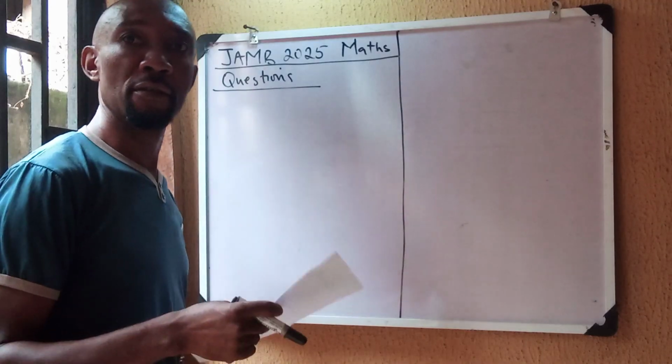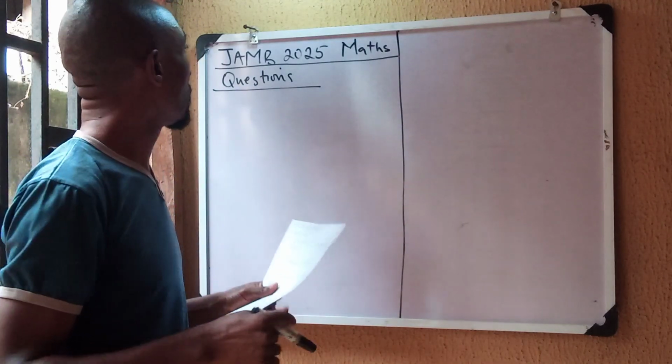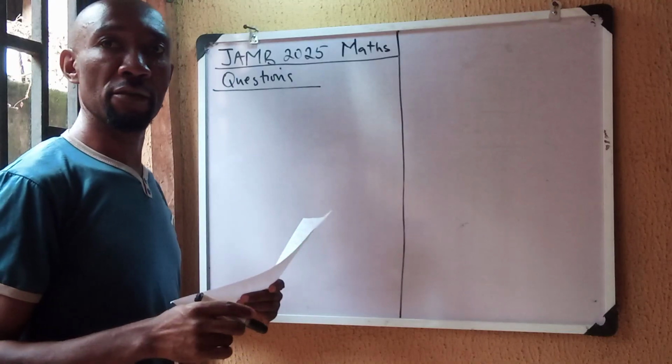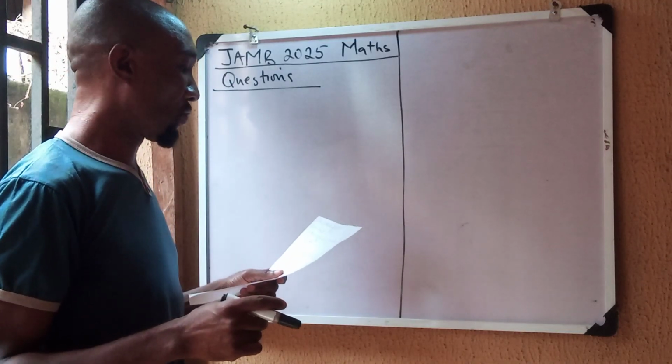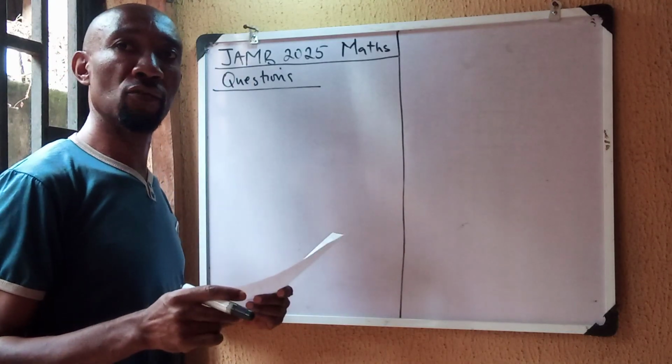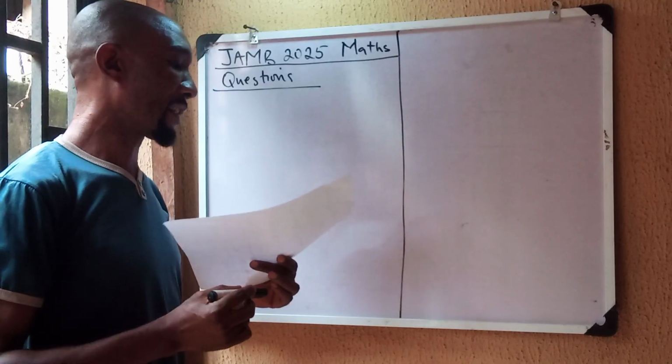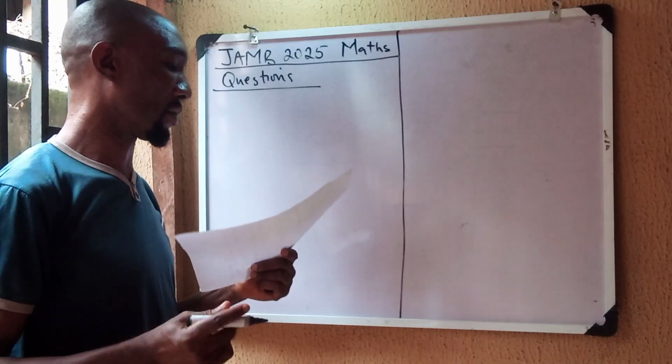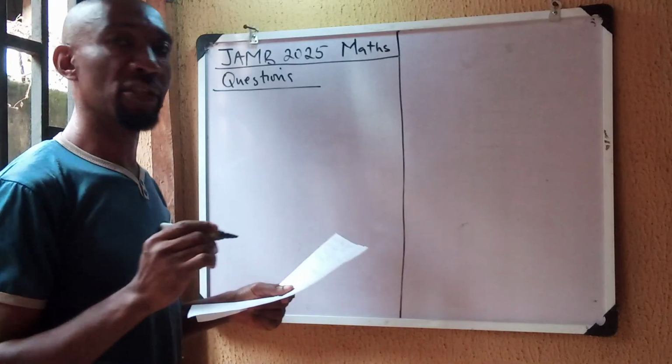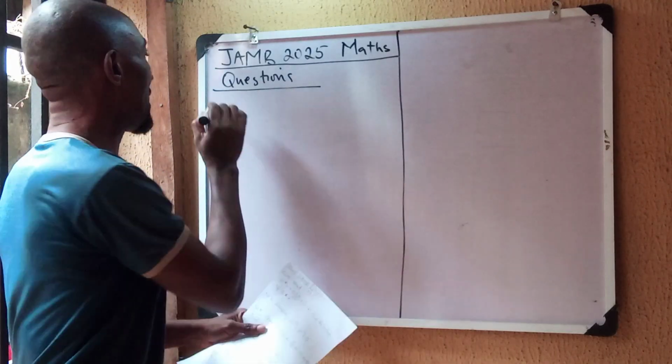It's going to be on JAMB 2025 questions. So we're going to solve a few questions from the 2025 JAMB. Let's take the first question. Basically, it's going to be on binary operation. Here it says, given that